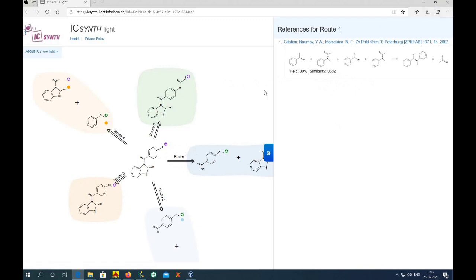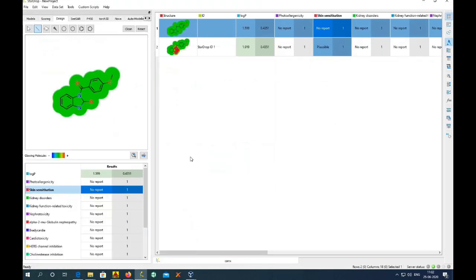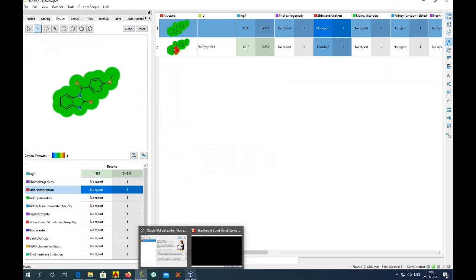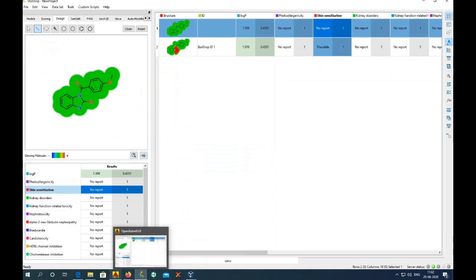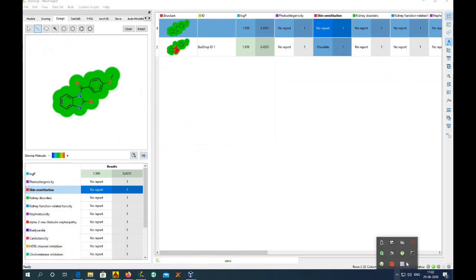So what we observed is, we created a new molecule by using ChemDraw and we saw its safety and toxicity. In this, skin sensitization was observed, the responsible functional group was identified, and it was modified by applying bioisosterism. Finally, we observed the various routes for the synthesis of the new molecule.